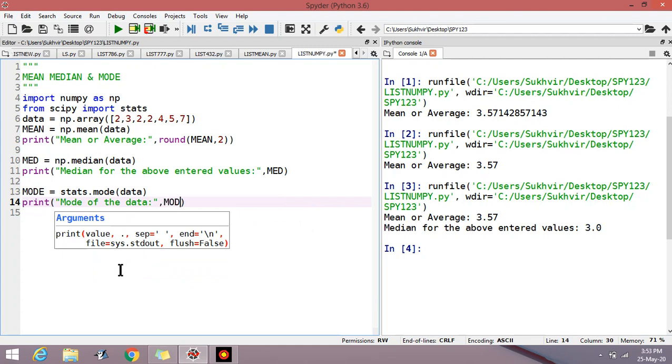Now here the two-dimensional value is important because it picks the value in two-dimensional format.